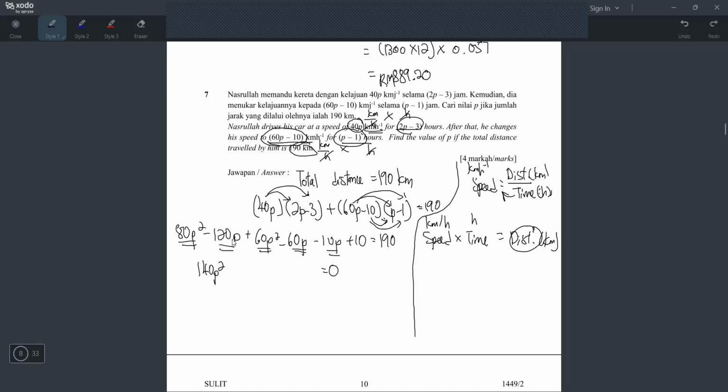So what is negative 120 minus 60 minus 10? So let's press minus 120 minus 70. Okay, the calculator give me negative 190. So I write negative 190 and don't forget to write the p. So p square dengan p square boleh buat, p dengan p boleh buat, number dengan number boleh buat. So number dengan number. So 10, tapi yang 190 is on the other side. So you have to move it here first because become minus. So 10 minus 190 minus 180. So this is your equation.